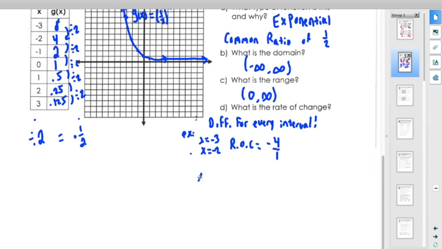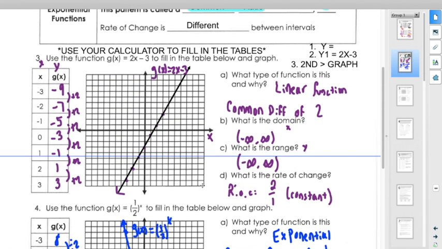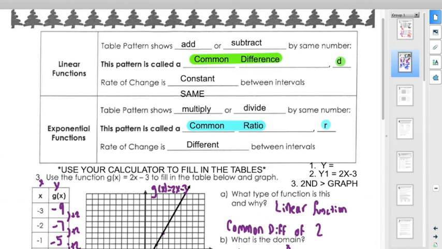Then, if I go from x equals -1 to x equals 0, my rate of change, let's take a look, from 2 to 1. It's -1 now, -1 over 1. Therefore, it's not constant. This tells me it's not a linear function. It's different for every interval. Okay? You guys need to take a look back at, pause it, rewind it, do whatever you got to do. That's the end of